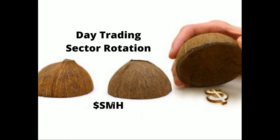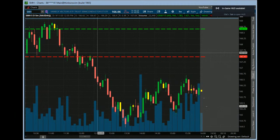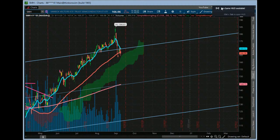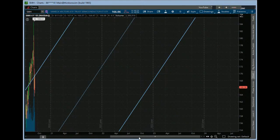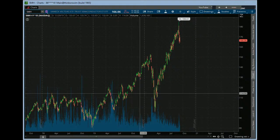So today we're going to be talking about the SMH, a really key sector to look at. So what is the SMH? The SMH is the semiconductors. This is generally one of the better ETFs to track this. The semiconductors tend to be, as you guys have known, one of the big market leaders. Let me clear this chart out right here. They tend to lead